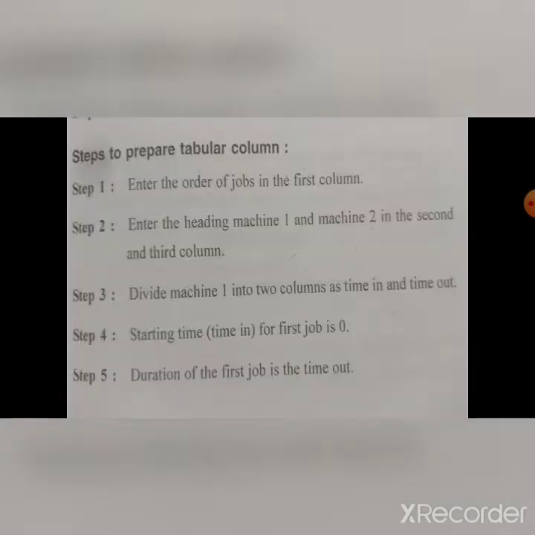So the next step is you have to prepare a tabular column. So we get the sequence for the jobs. Enter the order of the jobs in the first column. Next, enter the headings machine 1 and machine 2 in the second and third columns. So we have 3 columns. The first heading will be job, the second heading will be machine 1, the third heading will be